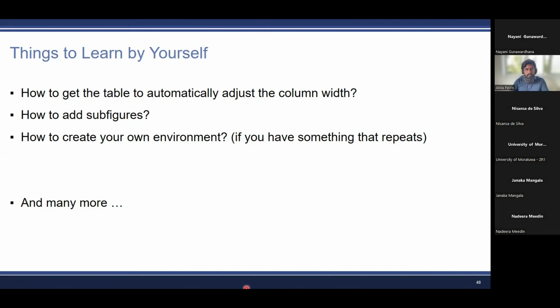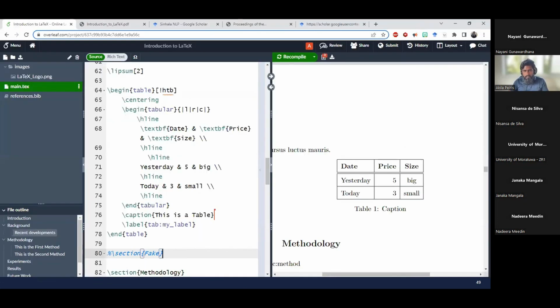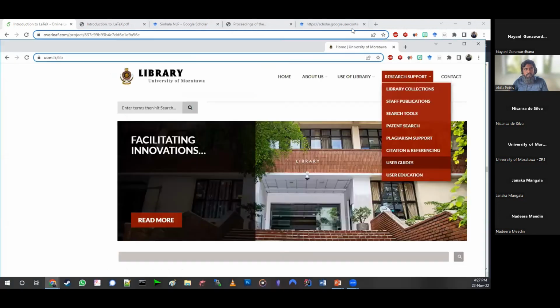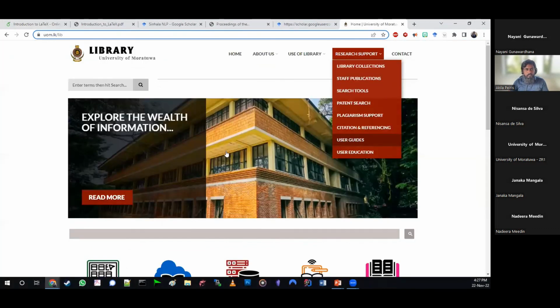The next thing that I want to very quickly mention is that there is an official UOM template on the library website. You go to the library, you go to user guides, and here there is the LaTeX template.